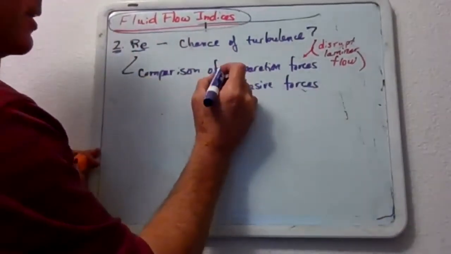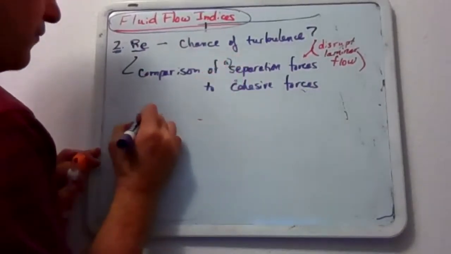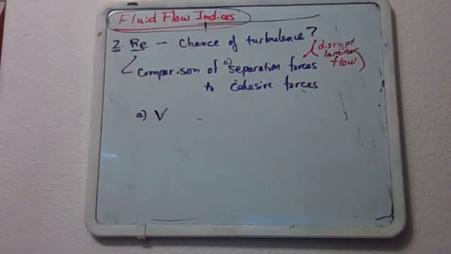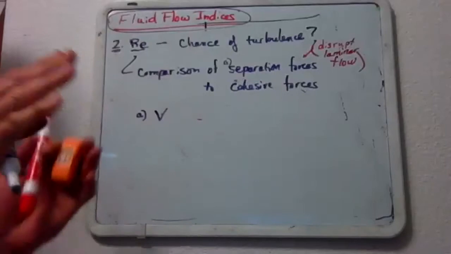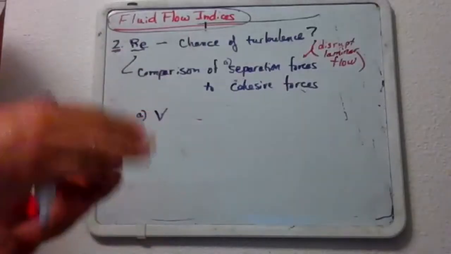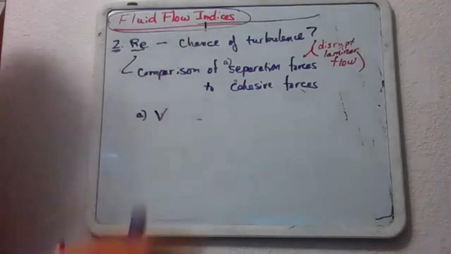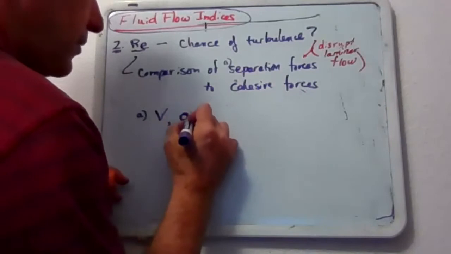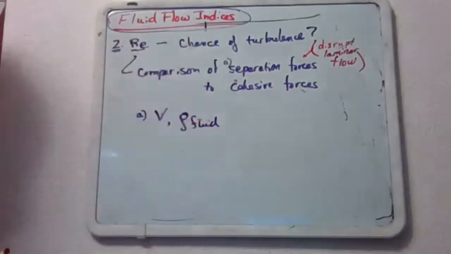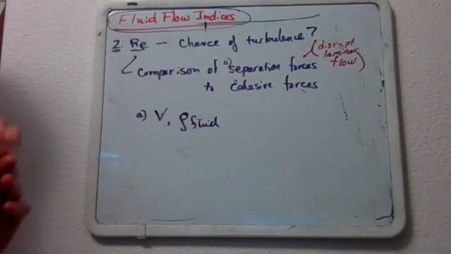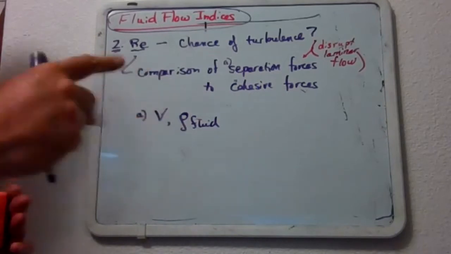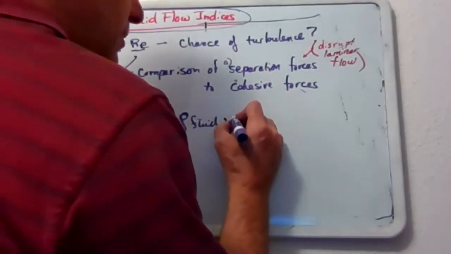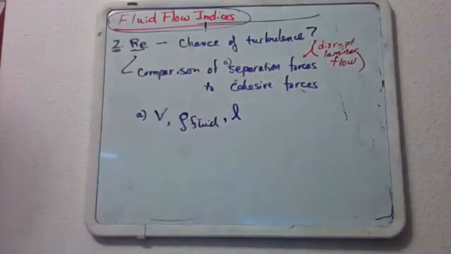Separation, so I'm going to call this A. Separation forces, it's going to depend on how fast the fluid's moving, or speed relative to our object. We figure out Reynolds numbers for flows that are interacting with objects, like an airplane, or a rod, or the interior of a pipe. Okay? It's also going to depend on the density of our fluid. The denser it is, the more disruption there would be, because there'd be a lot of mass in a certain area. Okay, and it's also going to depend on something about the geometry, okay, which your book uses as L,